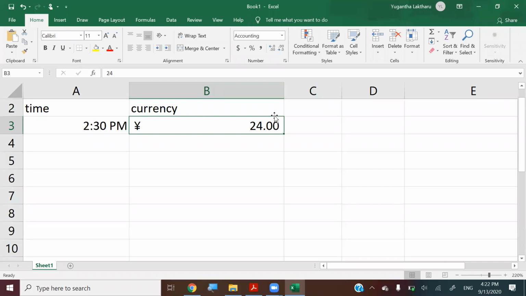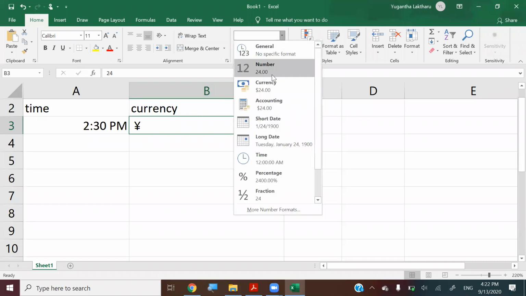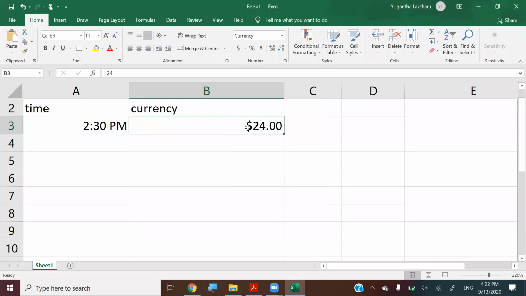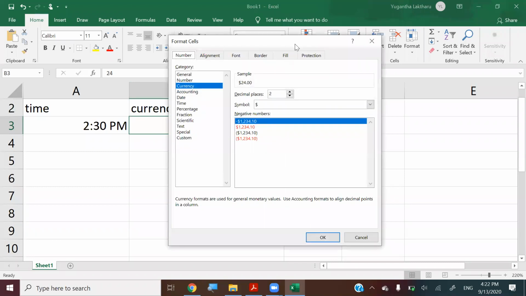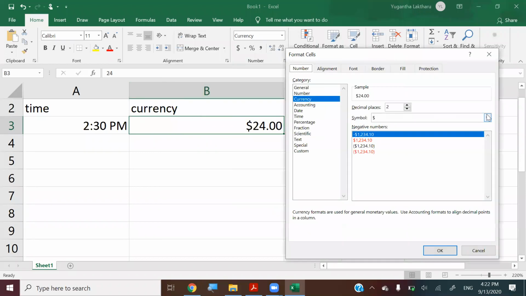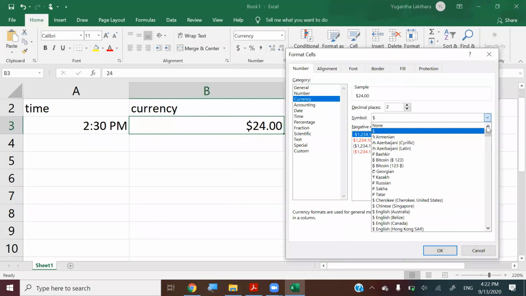is at the right. But if you choose this as currency, you are going to see the currency symbol with the figure. And if you need to change the currency symbol, you can still use that dialog box launcher, and in the currency symbol you can change the currency you want,